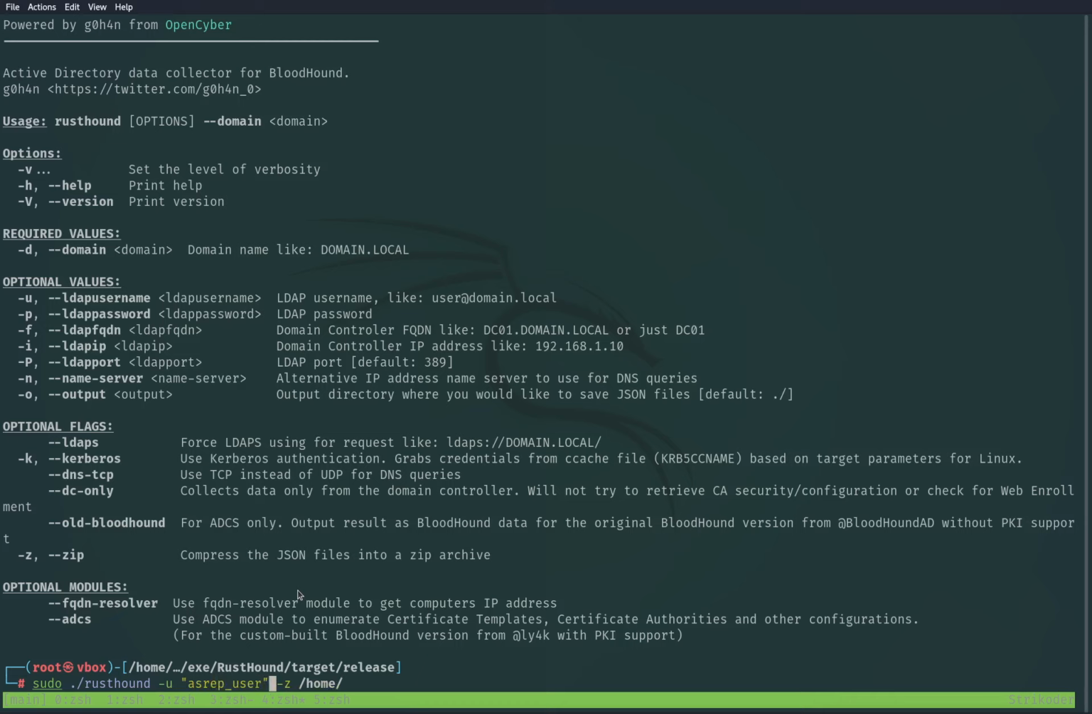asrep user, -p for password. It's gonna be P@ssw0rd1 exclamation mark. That's why we need single quotations. And we had the domain -d pentest.local. And what do we need to provide as well? I believe -i. I prefer to put that here. 10.0.2.15 and